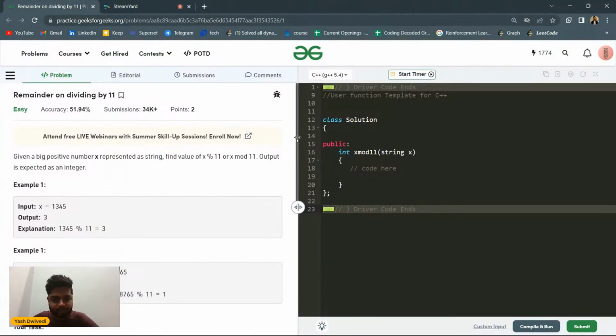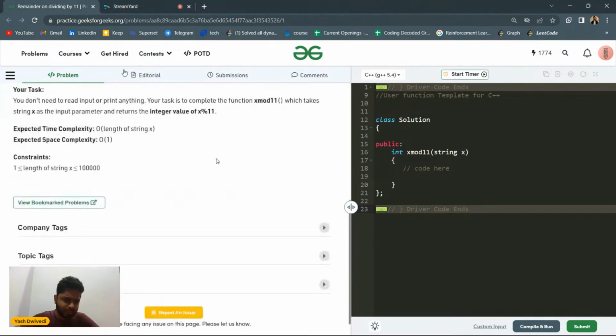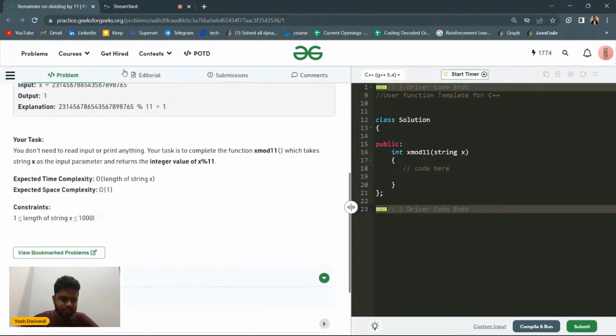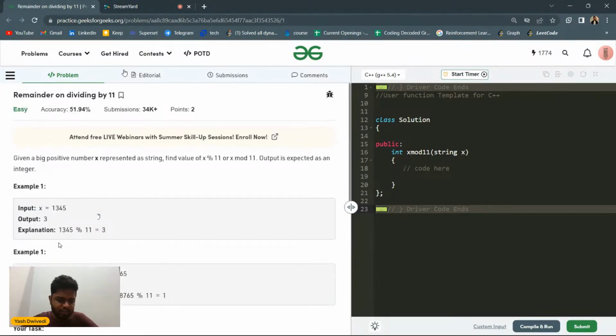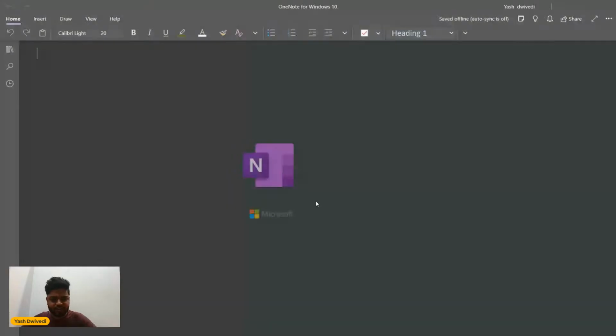Okay, so let's get started with this good problem. Now this was an easy problem, but I think that it was quite mathematical in nature. It was asked in Amazon. So basically, this problem was not a coding problem. This was an observation based problem, right? So in this problem, what we have been given is